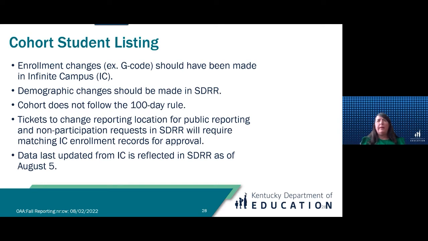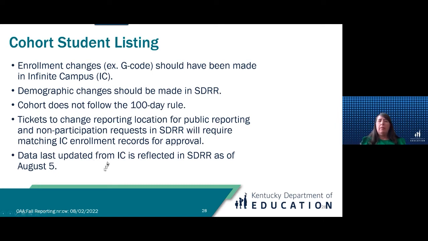And then you're probably saying, well, Chris, when are we going to see our data for cohort when it was reflected in SDRR in the last update? Well, you're going to see it when it opens on August the 11th. Cohort will open just like with data review and for post-secondary readiness scores. That data had to be updated. It was last updated, so you had to make the changes to that data for us to be able to see it, was August the 5th.